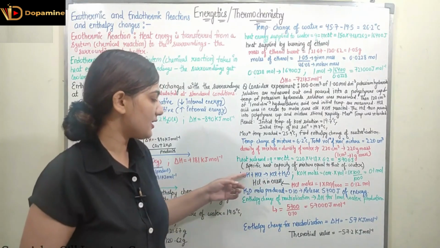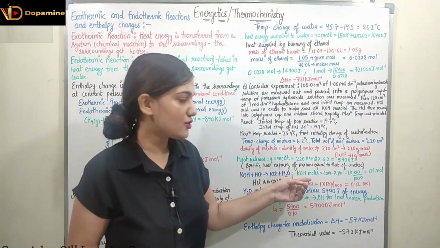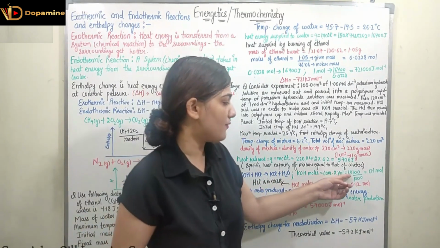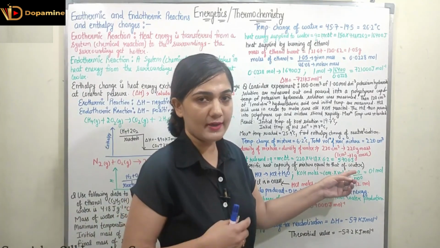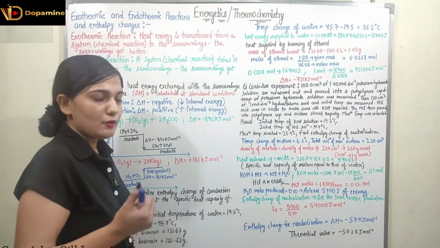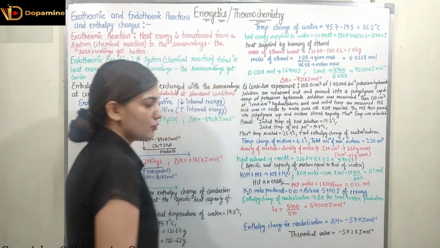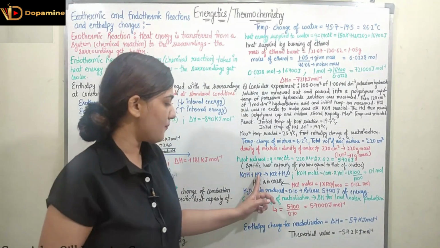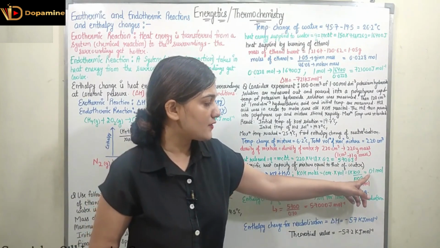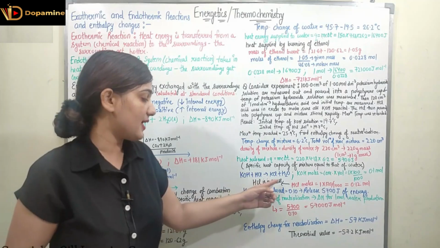So this is the reaction, KOH plus HCl is giving me KCl plus H2O. Now we can find out KOH moles, which will be equal to concentration into volume, right? So concentration is 1, volume is 100 upon 1000, right? So now it would be 0.1 mole. Similarly, we can find out HCl moles, which is 1 into 120 upon 1000, which is 0.12 mole. So you can see we have the same moles of KOH and HCl reacting, but here HCl is given in excess. For 0.1 mole of KOH, 0.12 mole of HCl is given. So HCl is in excess.